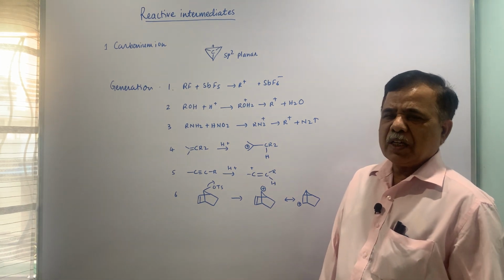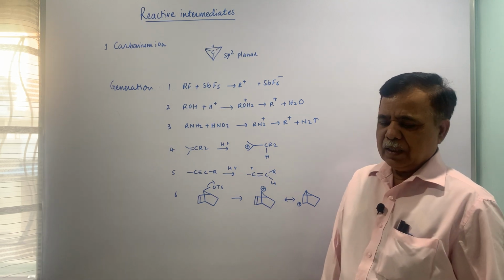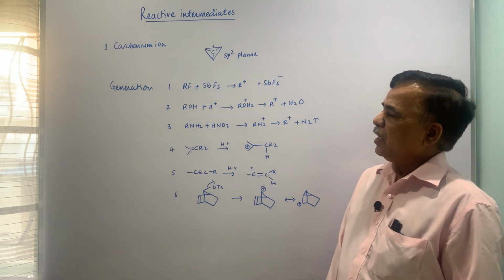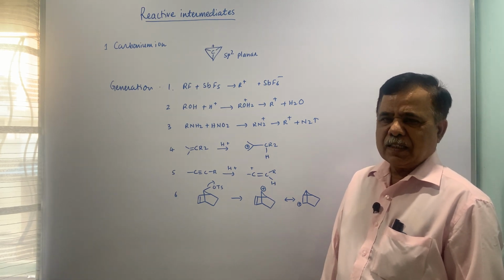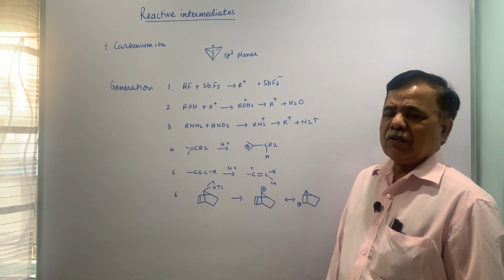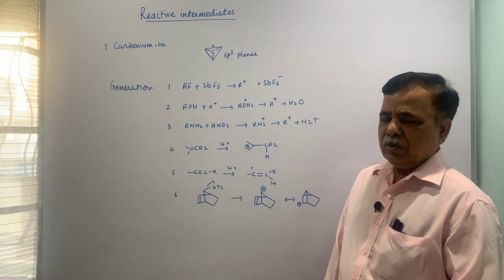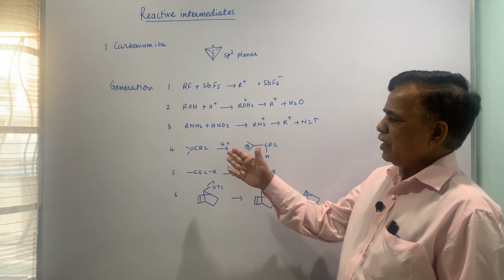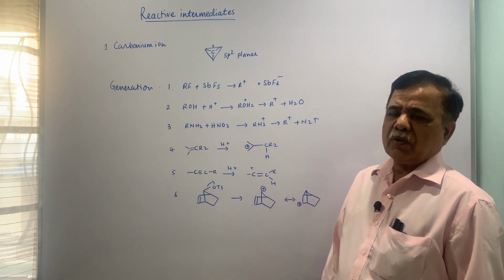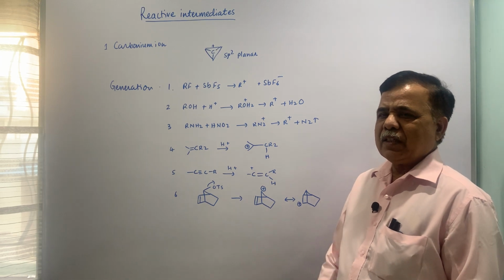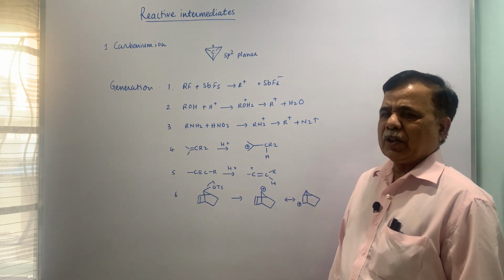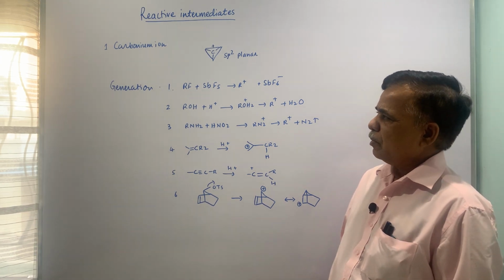So at least 4 lectures will be required, because we have to see the generation of these radicals, then the stability of these radicals, and finally the fate of those radicals or the reactions of these radicals in order to get the stability. So once the carbonium ion is there, it will react with a nucleophile or it will lose a proton, and in some cases rearrangements also take place where the carbon skeleton of the molecule changes and so on. So that is the fate of carbonium ion.